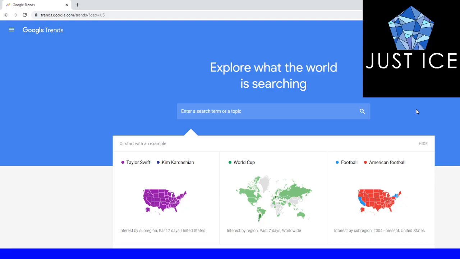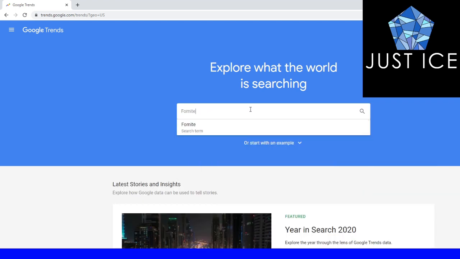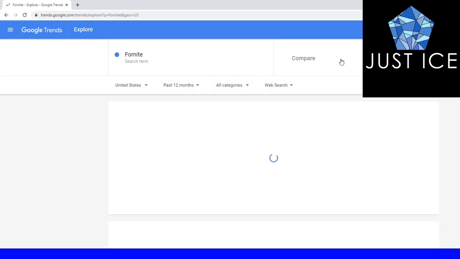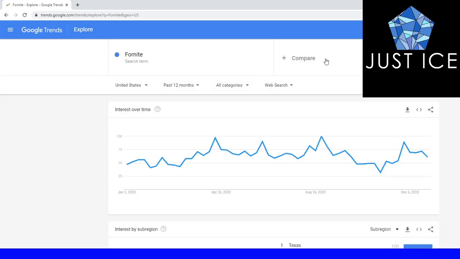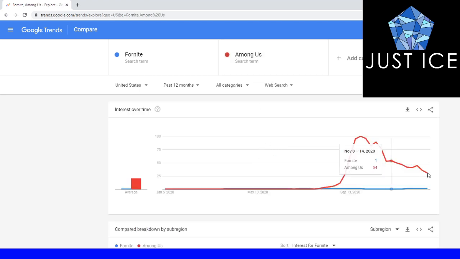Okay, so guys, the first thing you're going to want to do is go to trends.google.com, and it'll bring up this page, and you can start to search up what you want to make your Discord server about. Like, for example, if you wanted to compare Fortnite, if you search up Fortnite and then you click compare right here, and you compare it to Among Us,